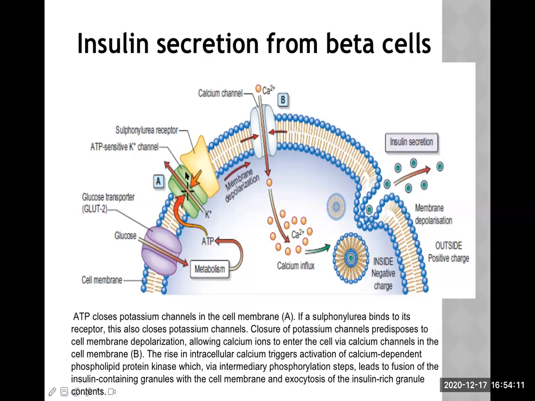Another is the ATP sensitive potassium channel. There is a sulfonylurea receptor, which is quite adjacent to it. There is a calcium channel, and these are the vesicles which have insulin inside. Okay, and this is the cell membrane. Now, what happens here? When glucose is increased in the blood, meaning after taking a good carbohydrate meal, there will be hyperglycemia. So glucose is present there. That glucose will enter into the beta cell through the GLUT2 transporter.